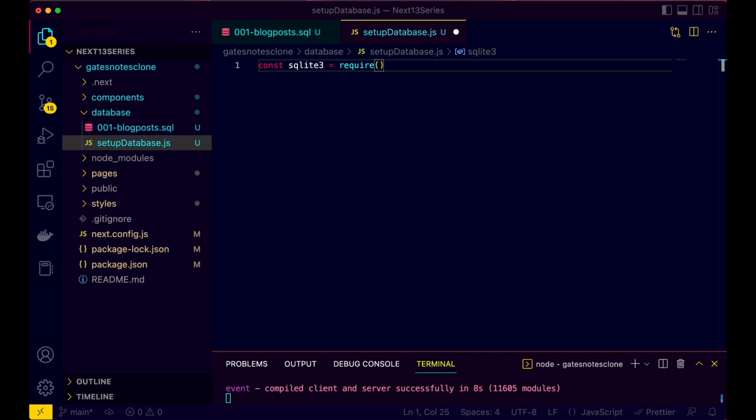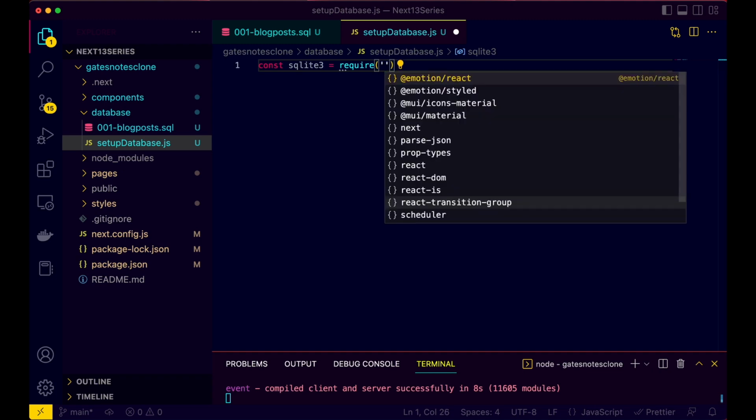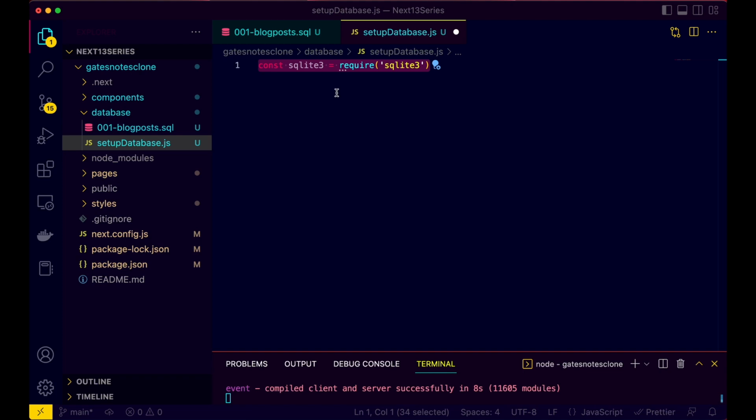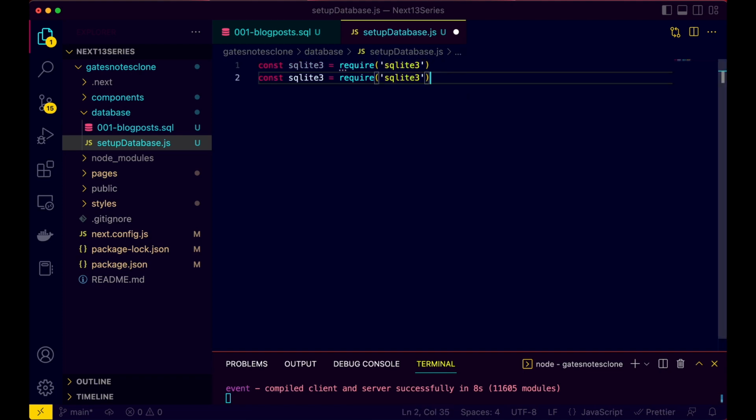Here you can type sqlite3 or sqlite. So we need the sqlite3, and then we need sqlite also. I'll explain in a minute why we need both of them, but for now let's go ahead